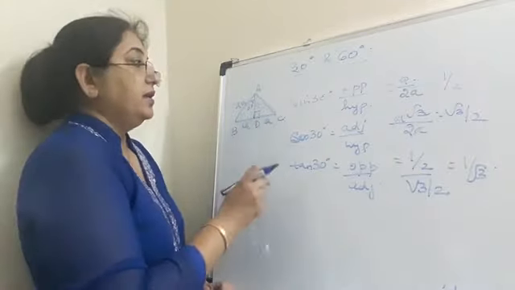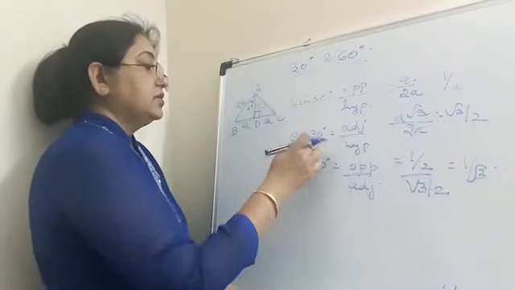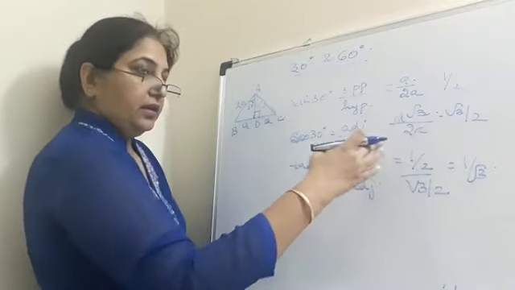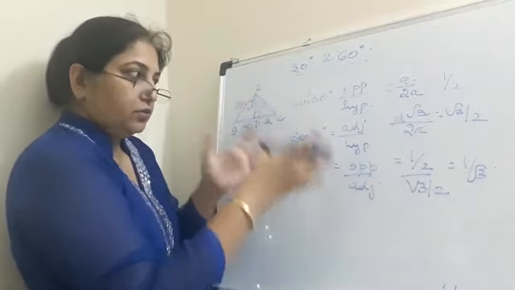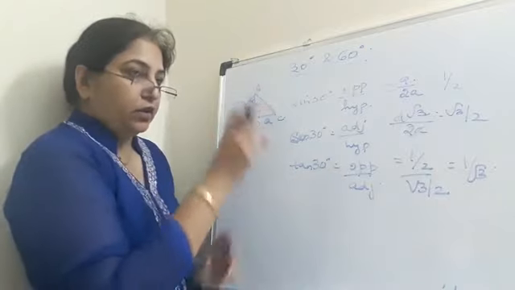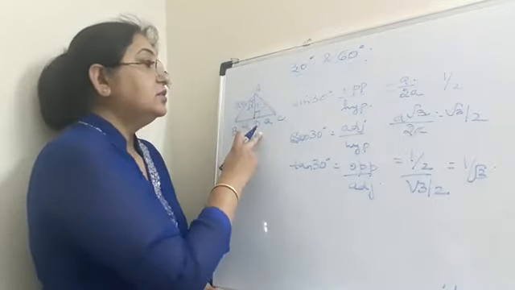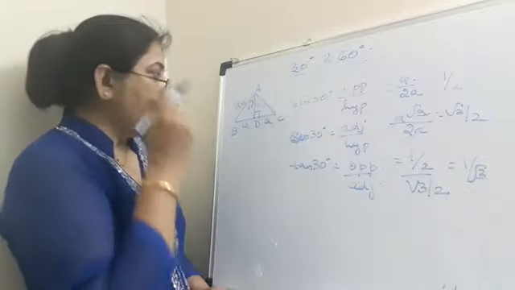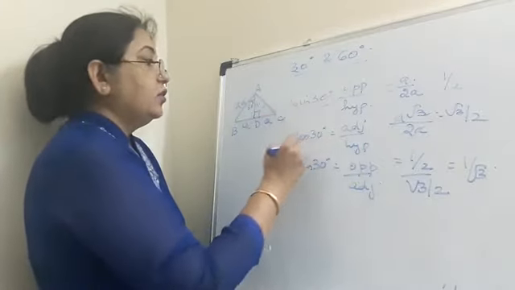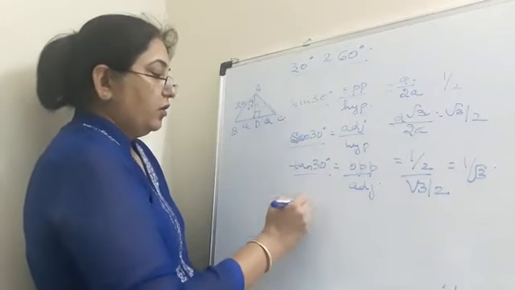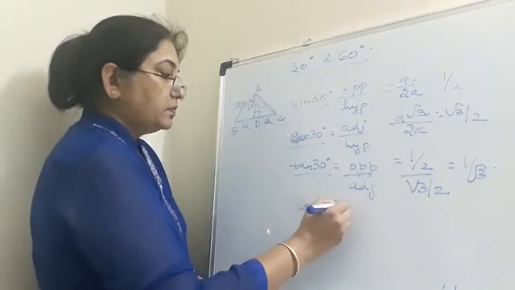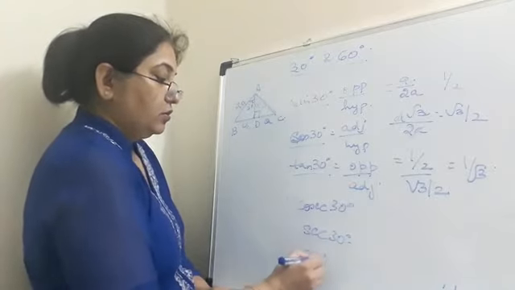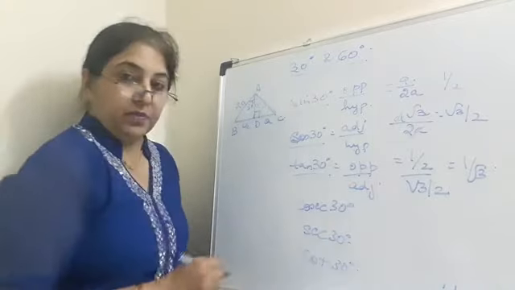Okay, so that means we have calculated sine 30, cos 30, tan 30, and you will look at these values when you listen to this explanation. You will draw the triangle, you will write the values, and you can find these answers on your own also. Okay, so this is sine 30, cos 30, tan 30. You can now find cosec 30, sec 30, and also cot 30 degree.